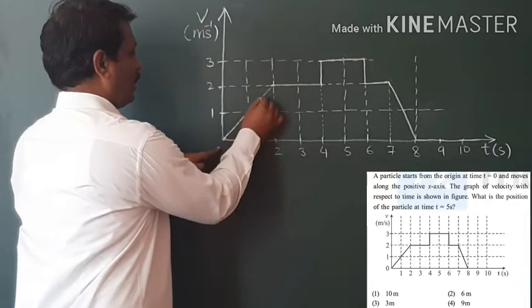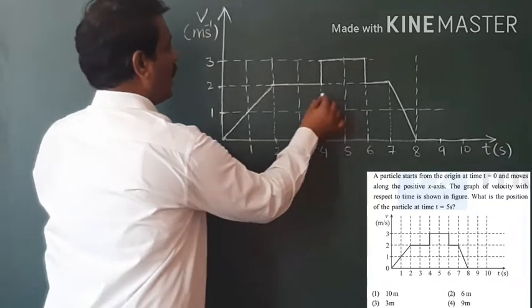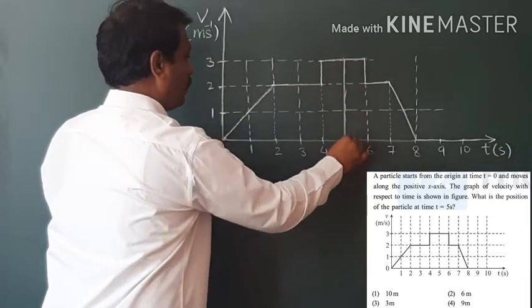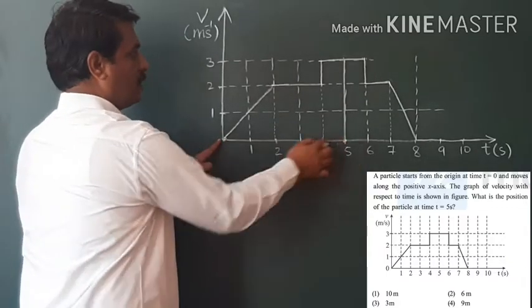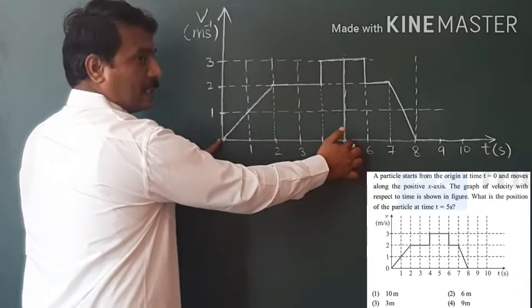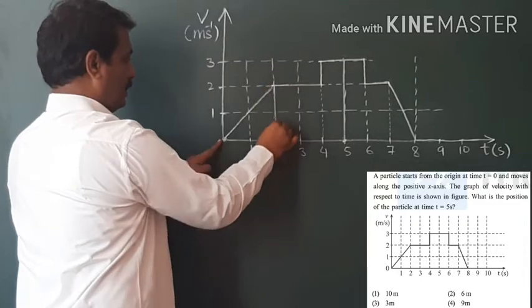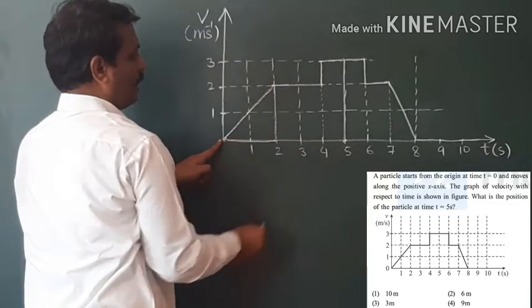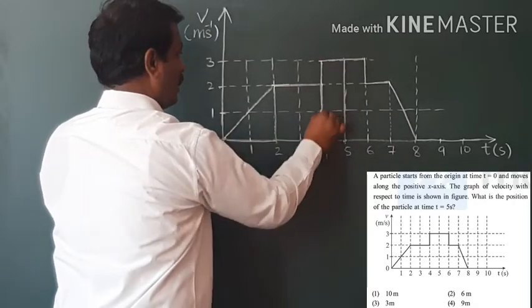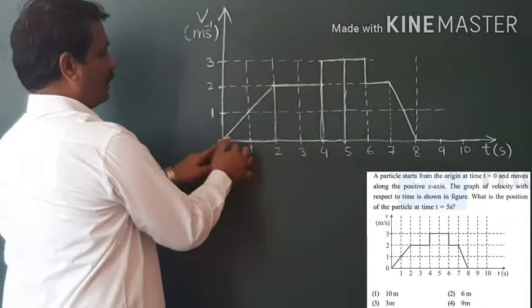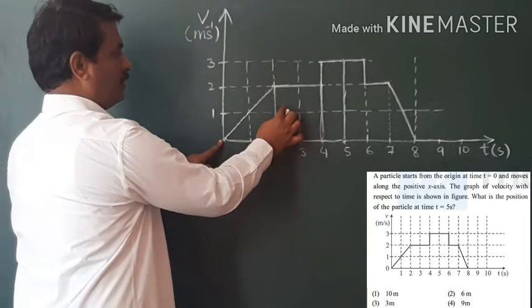Here the solid line is the graph, right? So we have to find the area under the graph up to 5 seconds because we have to find the distance traveled in 5 seconds. So we have to take the area up to 5 seconds. This graph can be divided like this: one triangle, then here one square, and here one rectangle. So the distance covered in 5 seconds is equal to the area of this triangle plus the area of this square plus